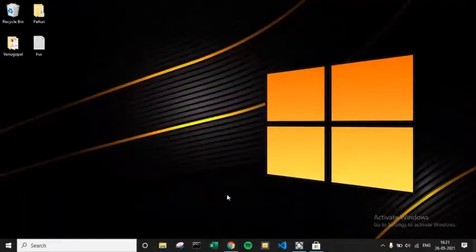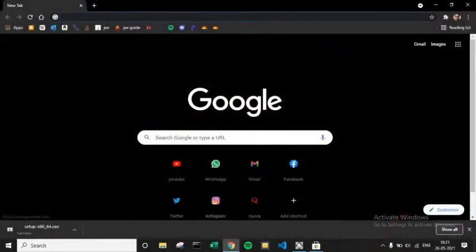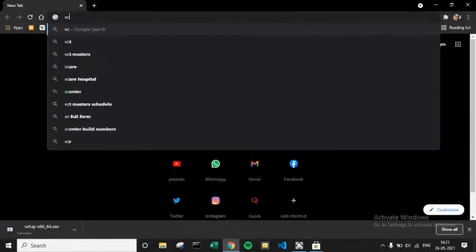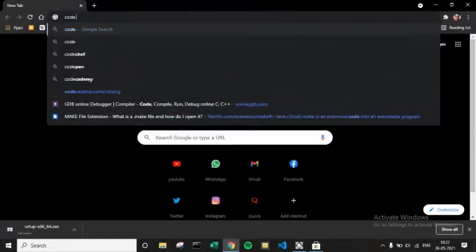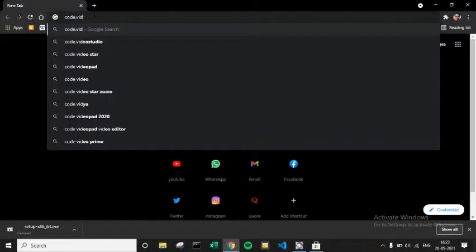The next step is installing our IDE, that is Visual Studio Code. So let me go again to my Chrome. Let me type code dot Visual Studio.